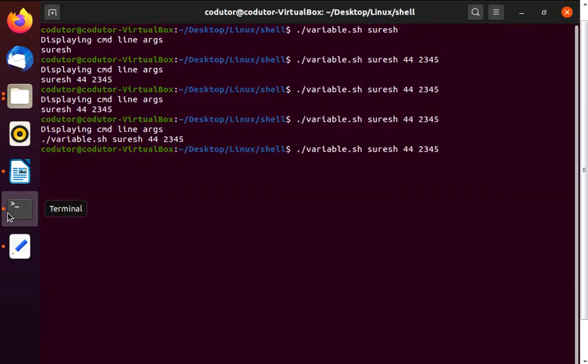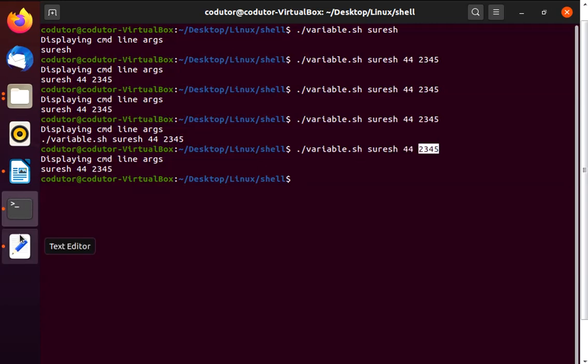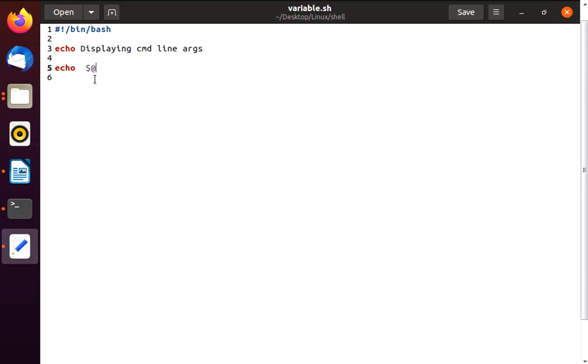Let's see. So it has printed Suresh, 44 and 2345 in a single variable. So this $@ will print all the command line arguments excluding your file name.